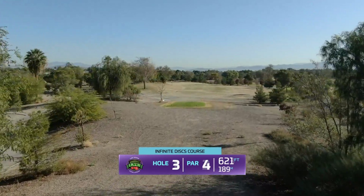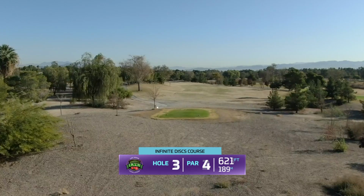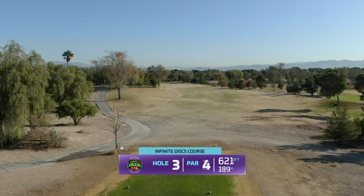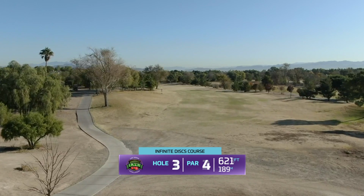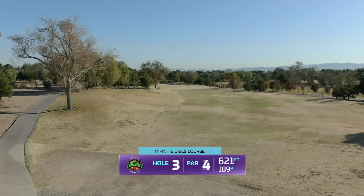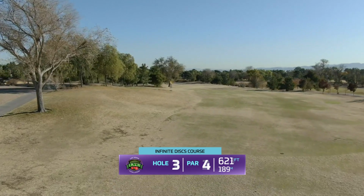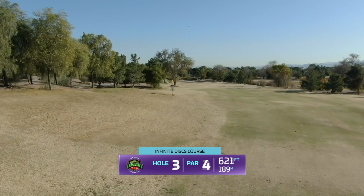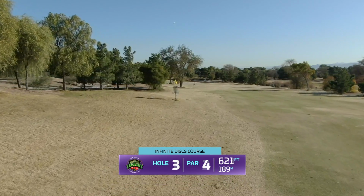Exactly. Moving into hole 3. It's a par 4, 621 feet. The real danger is that sidewalk on the left that is OB, if you don't get that right-hand backhand to flex out to the right. So much space out there to the right. That should be the last mistake you make, really. If you don't have the speed to get all the way to the basket, which there are some guys in the field that are attacking,